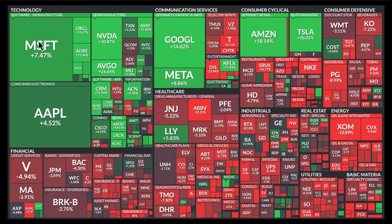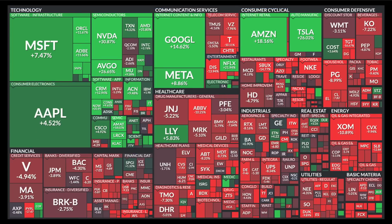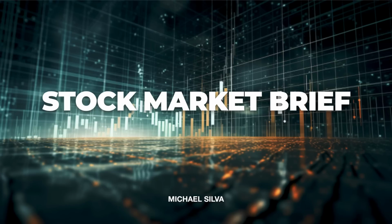Now, overall, people were quite bullish in the month of May, and that's probably because all the big mega cap names are up huge. Meanwhile, if you just peek behind the curtain, you see a lot of names over here in the red. We're going to talk about some opportunities coming into the new month, first of the month, June, in today's